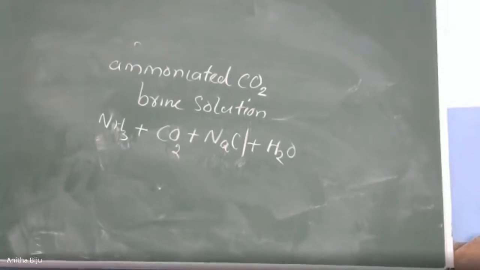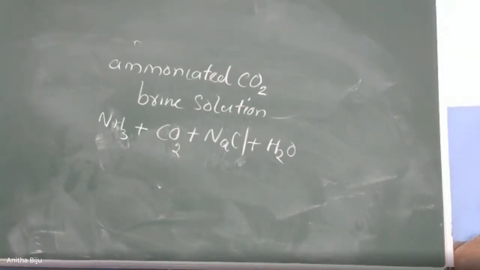But in the first equation, all are not coming. So I will give 3 equations. All the 3 equations are very, very important. So this is the simple way of learning manufacture of baking soda. You try to write it down. Okay. I hope it is clear to you. Now I will write the equation. Which are the processes? 3 steps.